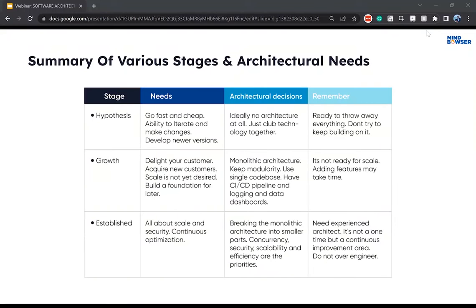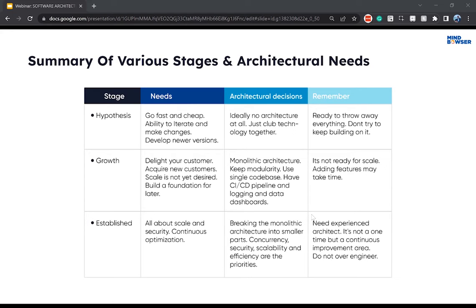So I'll move to the next slide. So this is more like, Kumar, like we discussed, there are three different stages of any product, right? Mostly these are the three different stages. What we think plays an important role: starting with hypothesis, then we have the growth stage, and then established, where a product is scaling and scaled,